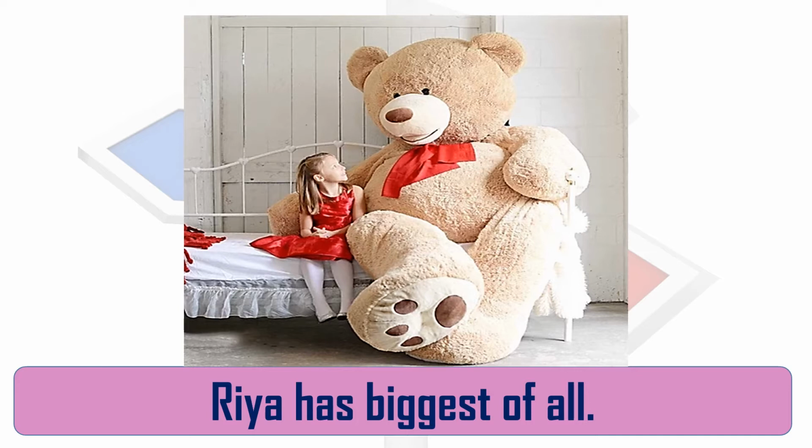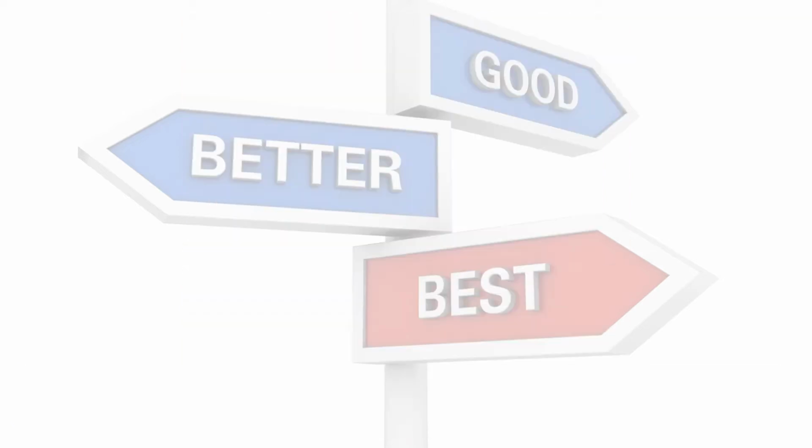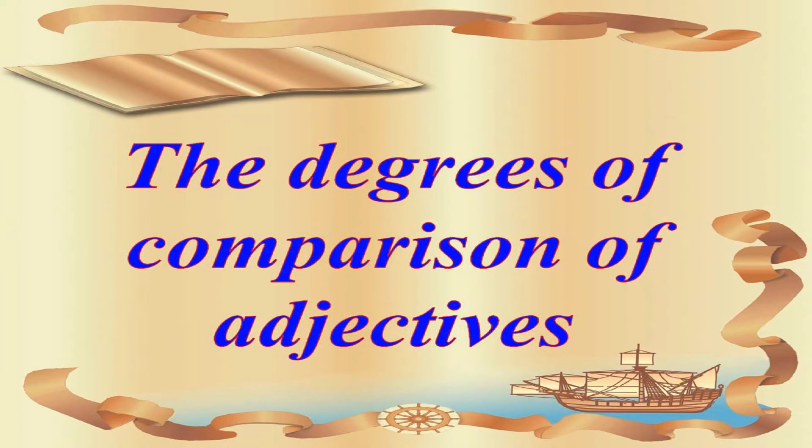See children, here we have selected one thing, that is a teddy bear, and these three girls have different sizes of teddy bear, and we are comparing the sizes of these teddy bears. Okay, so it is known as the degree of comparison of adjectives. Here we have chosen an adjective, big. So we are comparing Sarah's teddy bear, Alicia's teddy bear and Ria's teddy bear. And you have seen that in every example the degree has been changed. It is known as comparison degree.